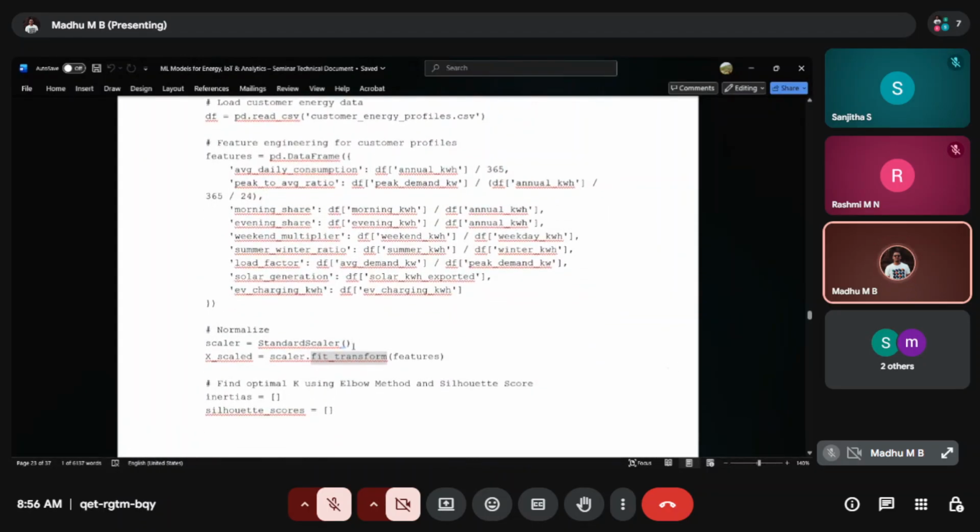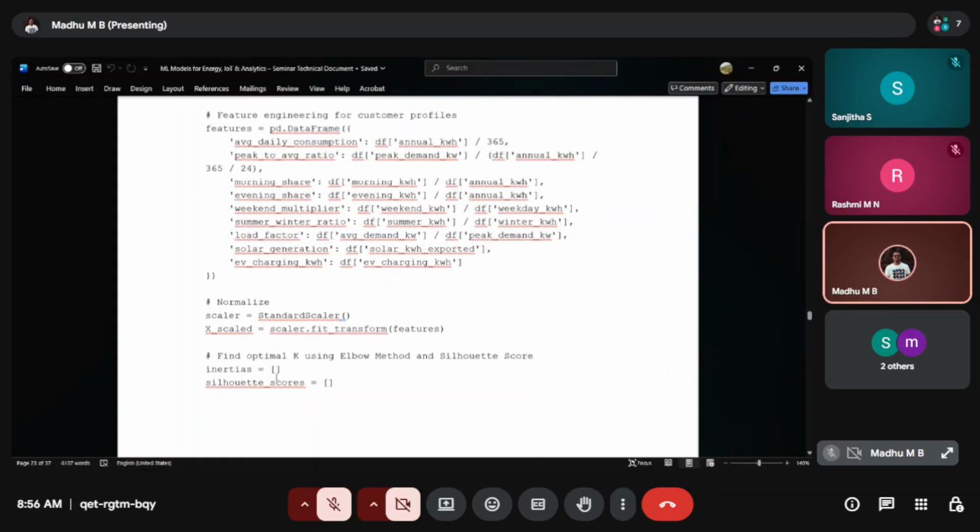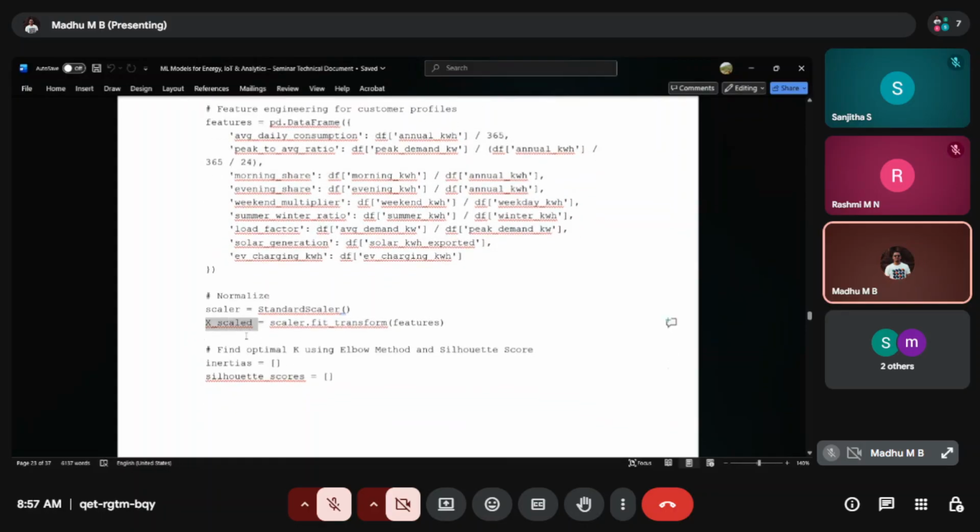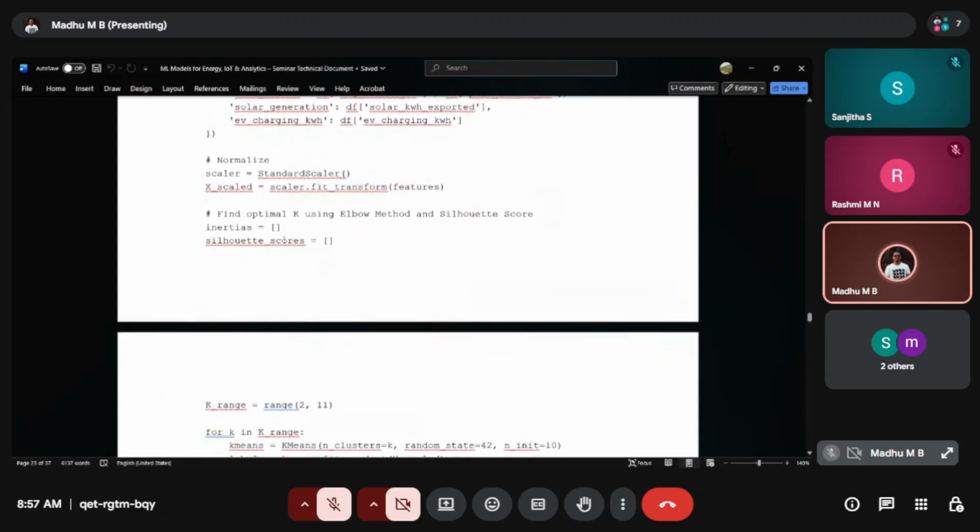What are the features? This is the feature. The features will have this data, and on this data I'm doing the transformation. That will go to the X axis.